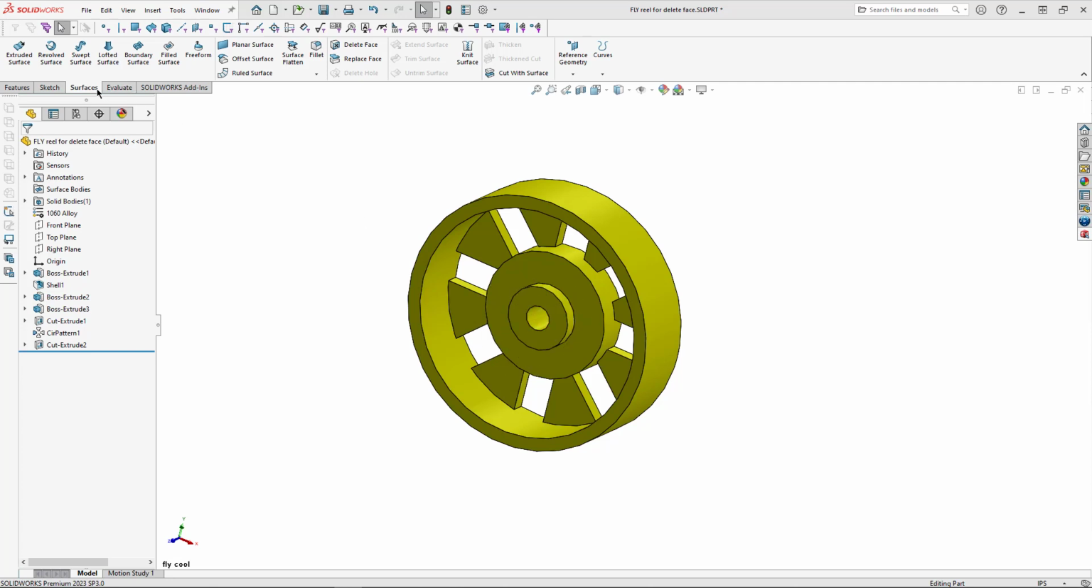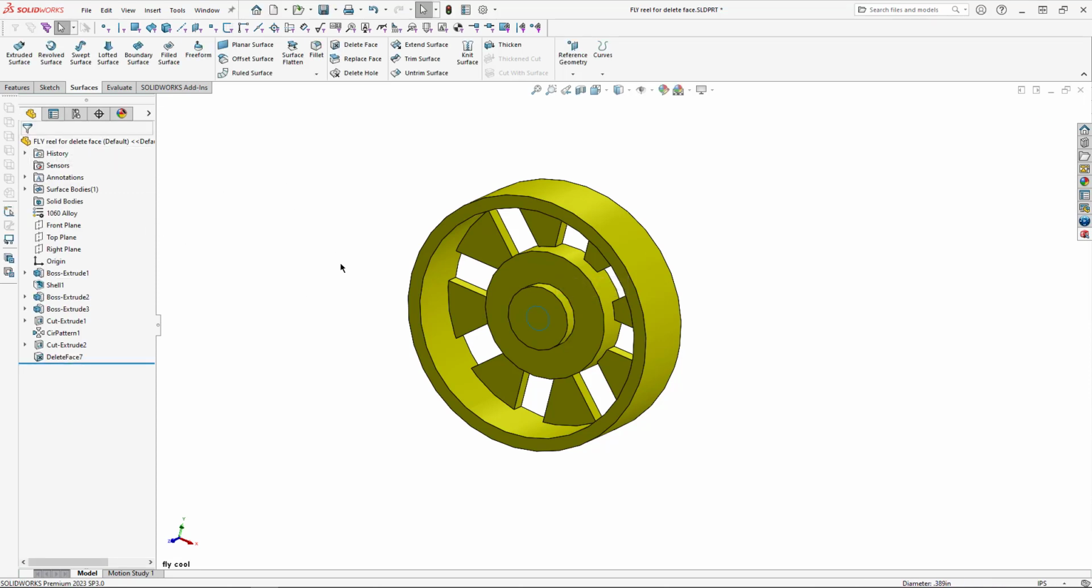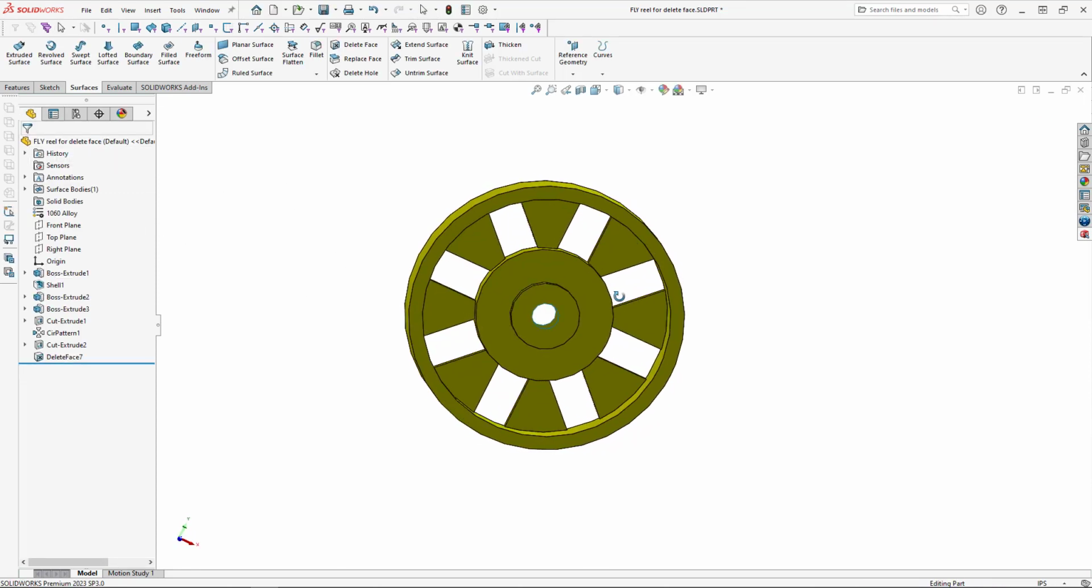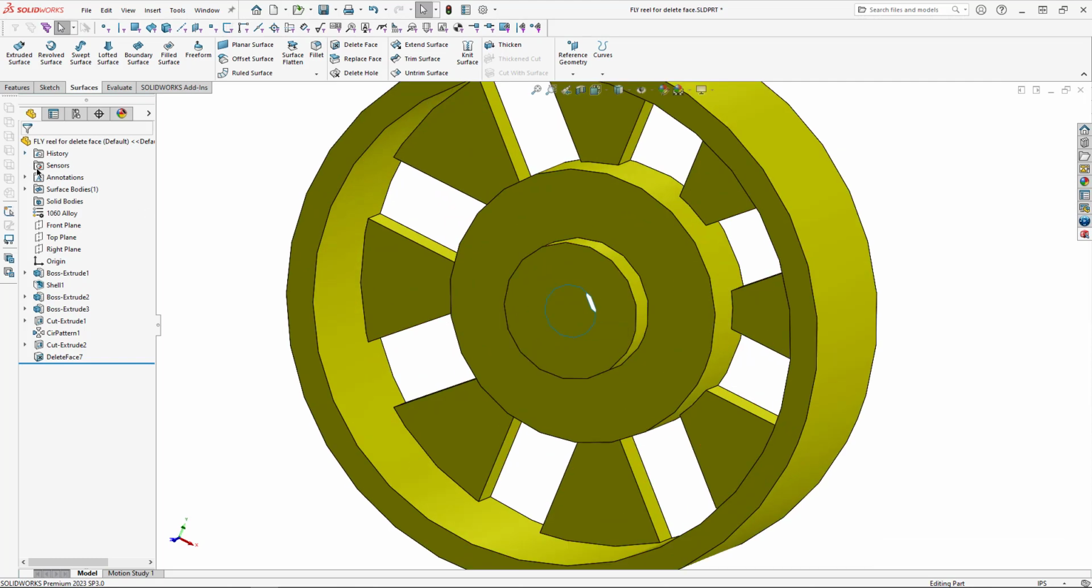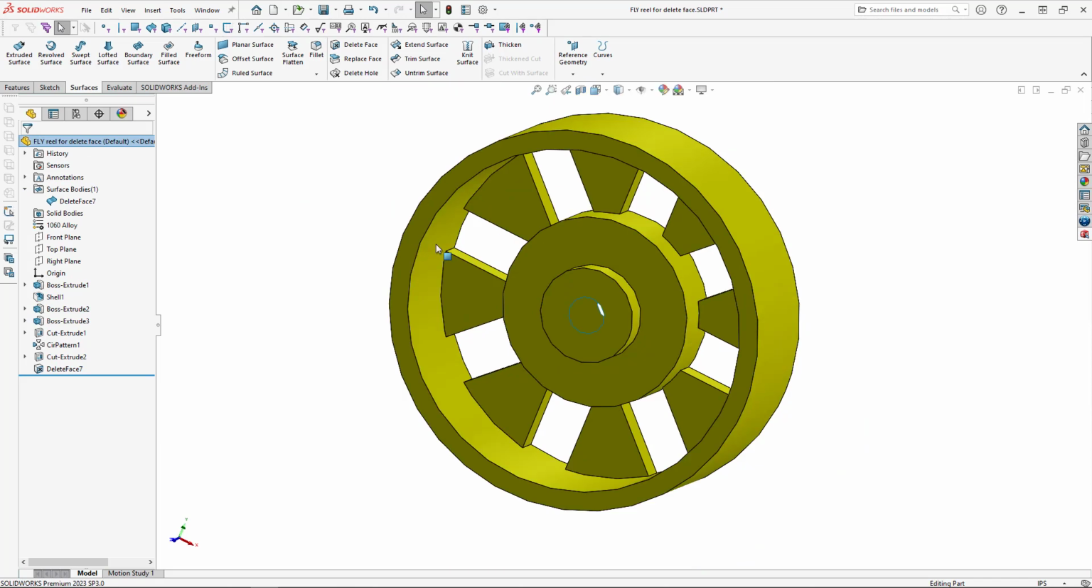We'll start off by going to our Surfaces tab and selecting the Delete Face command. Once we're there, you're going to notice that we have several options. We're going to start off by using Delete and just clicking on the inside face of the part. Once it's been selected, you'll notice that the part is now hollow there. And also on the surface bodies, we'll see that a surface body has been added,